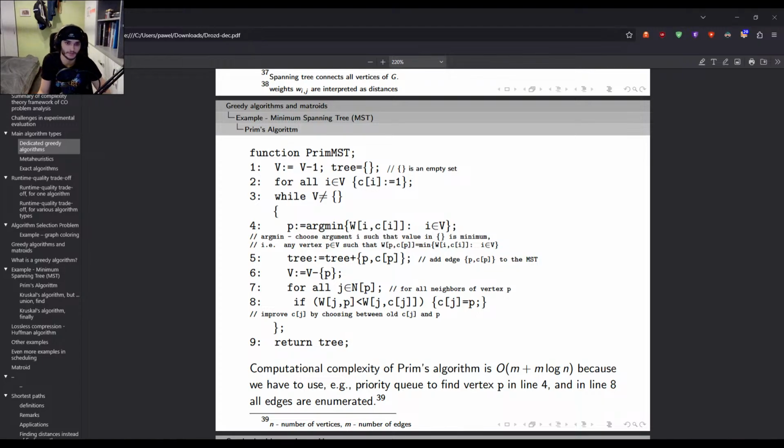Iterative building of the tree, lines 3 to 8. Selecting the next edge, line 4. Here we pick the edge with the smallest weight that connects a node in the tree to a node outside the tree. Choose an argument, any vertex P in V such that the weight of the edge from P to